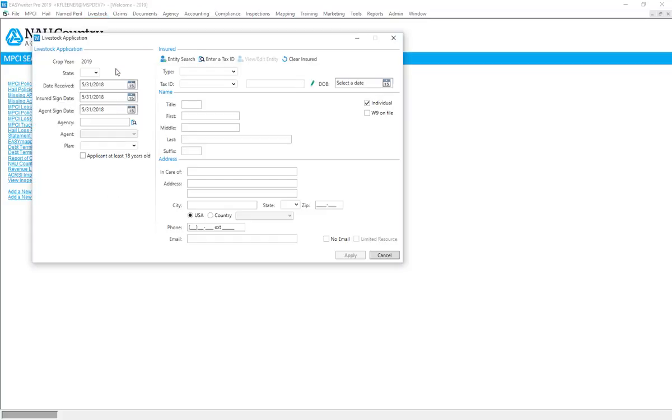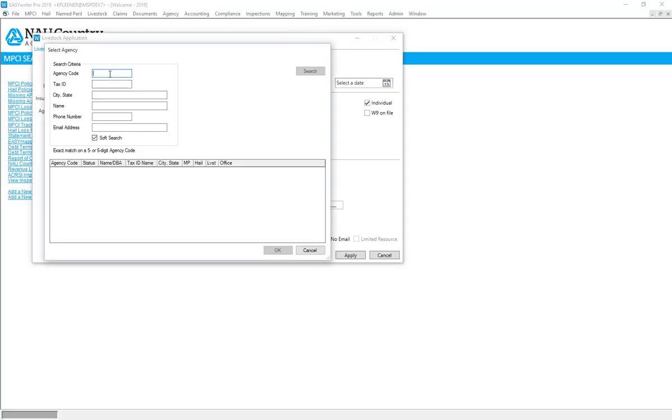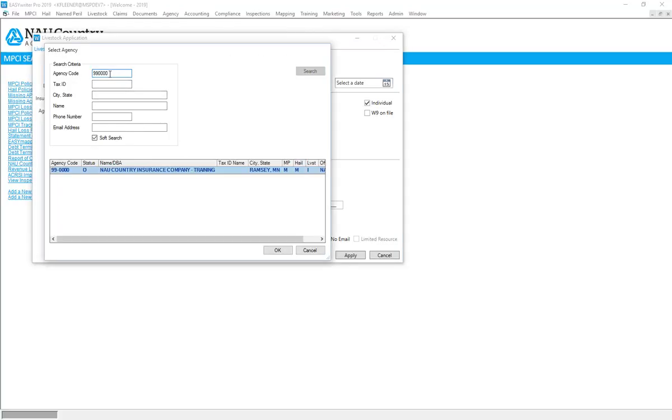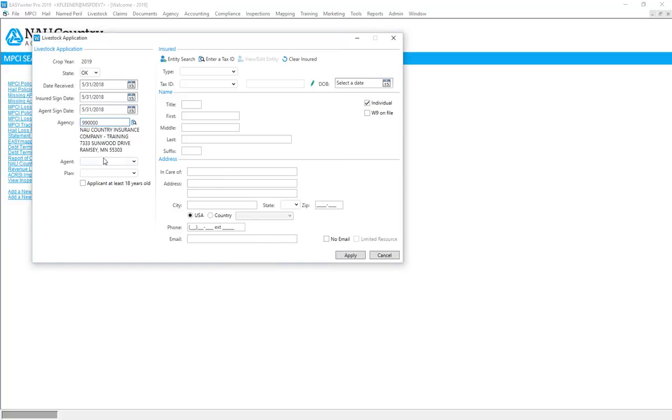You'll notice right away that the look and feel of the application manager looks and feels just like our MPCI side of things. To begin, we're going to select our state, our date received, insured sign date, and agent date, which we'll use today, our agency code. To do so, we can click our agency locator icon, and we can key in the agency code. Once selected, we then need to click our agent,